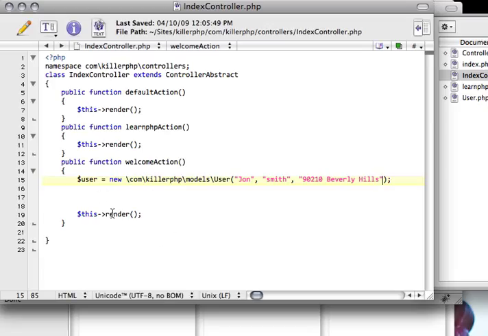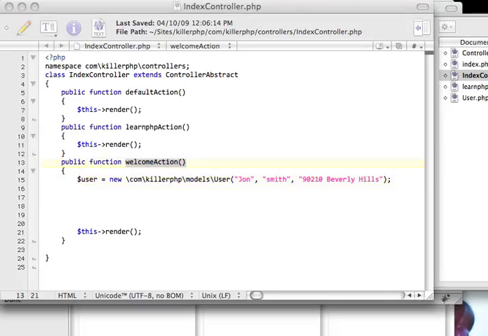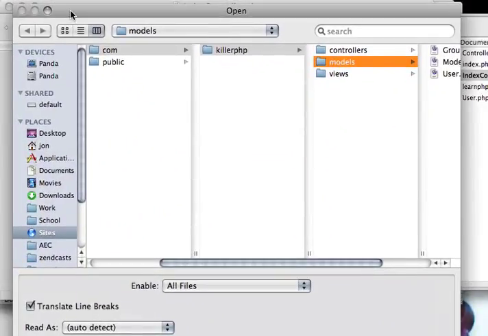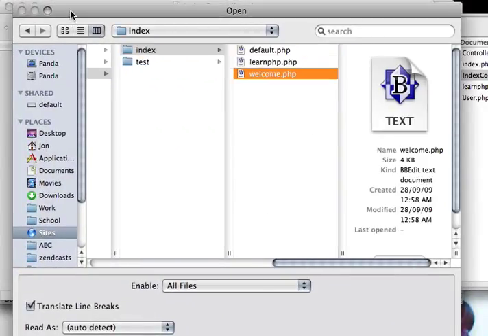You'll notice that I've created this user object, but it's not interfering with the view at all. Here we're simply interested in the controller and the functionality of the controller. So this user object can easily be outputted to the view, and I'll show you how that can happen. So let's say on the welcome page, I want John Smith to be shown in the view. Well, in my welcome action, I can very easily, I'm just going to open it up here. If I go to views, index, welcome.php,